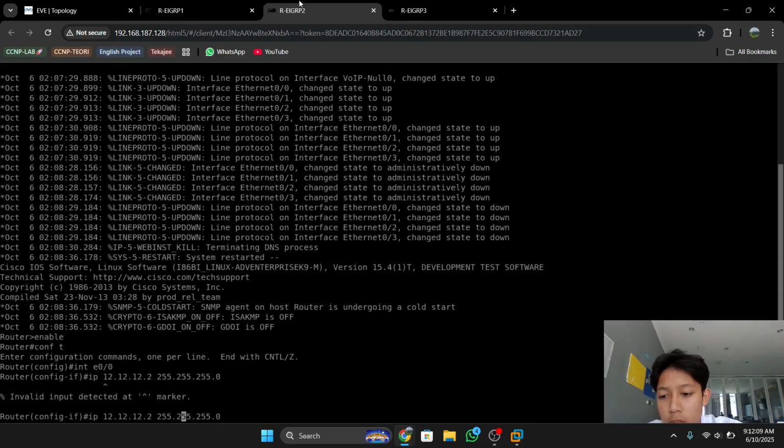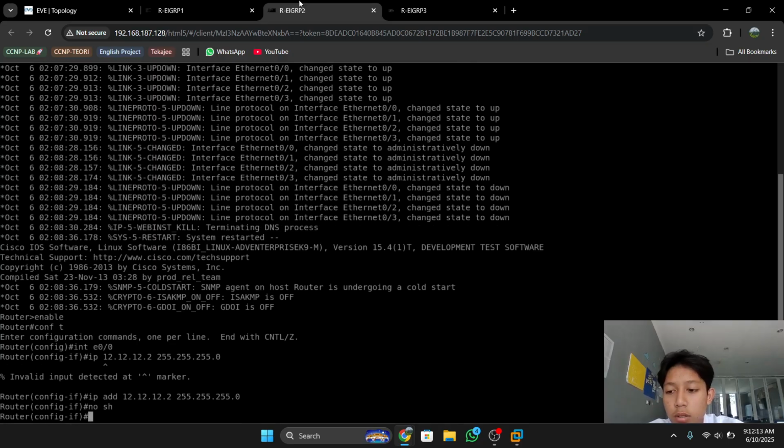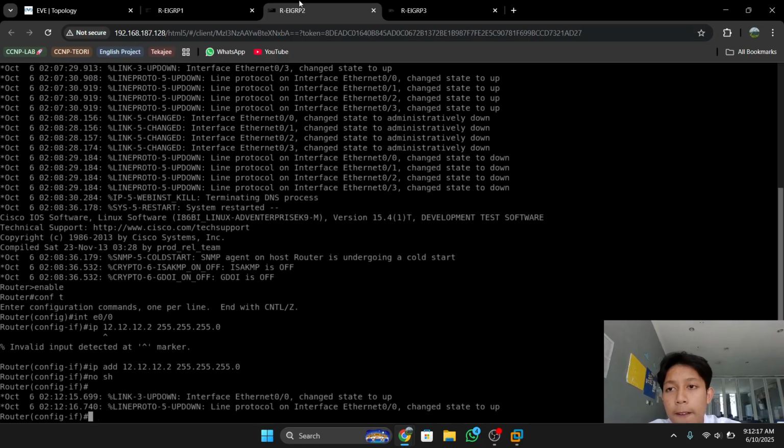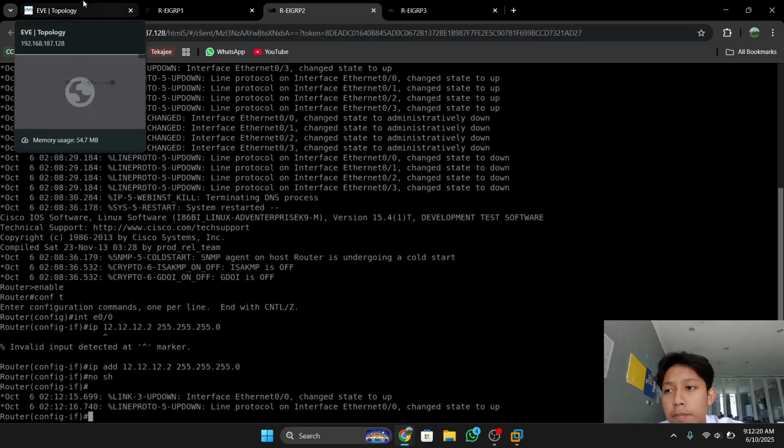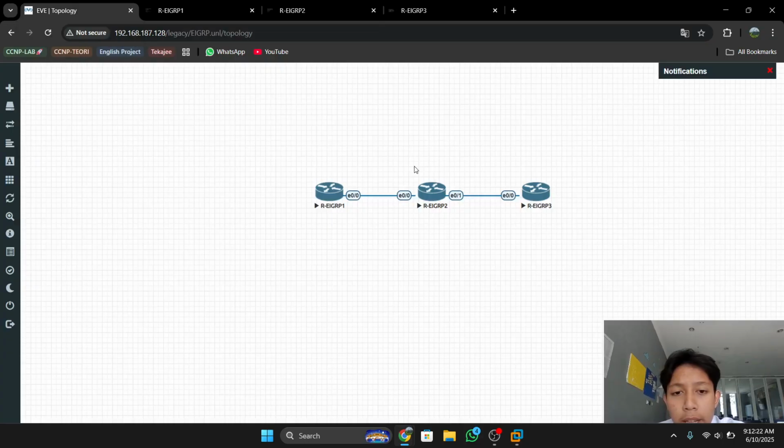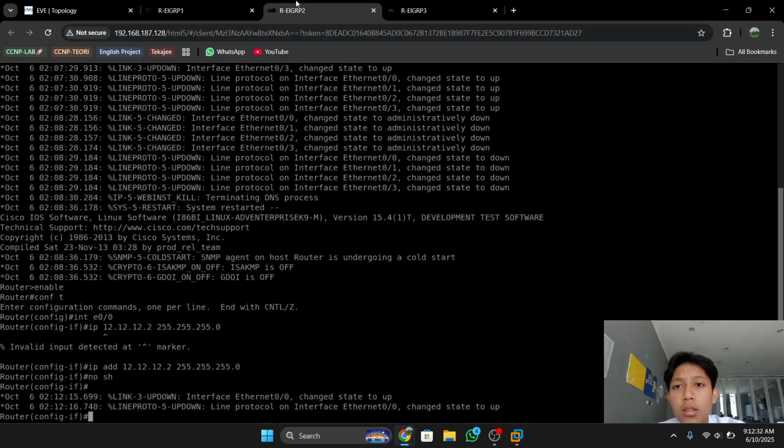Oh, sorry, IP address, I mean. Okay, and then don't forget to no shutdown. Then you can enter the interface that connects to router 3. This is interface 0/1 on router 2. You can type